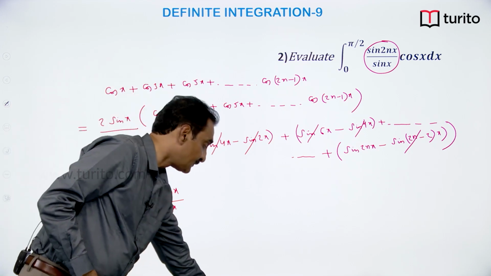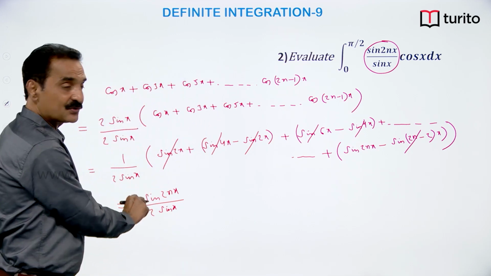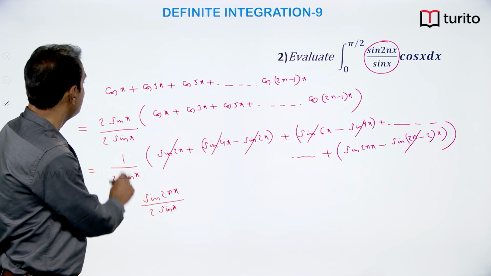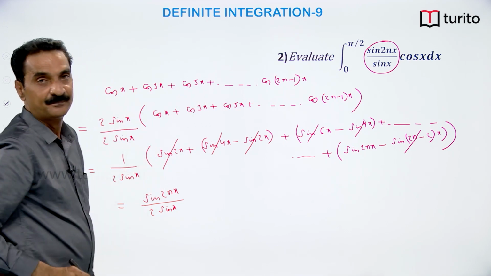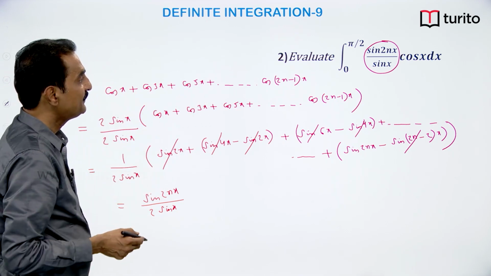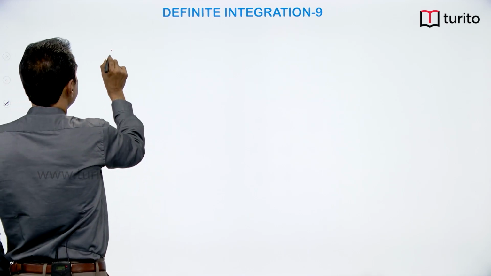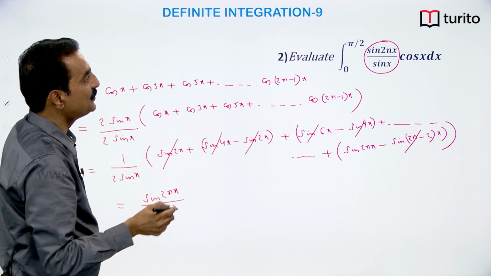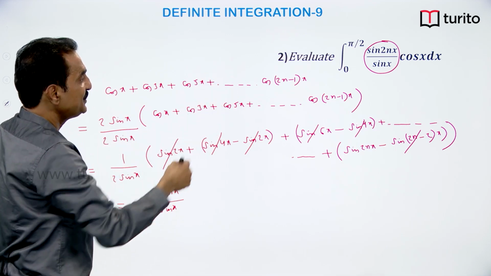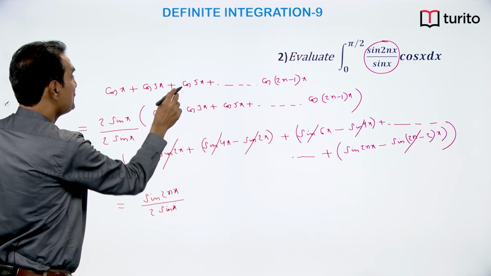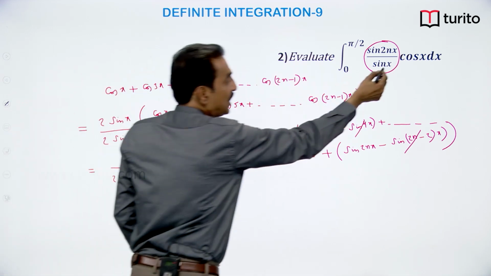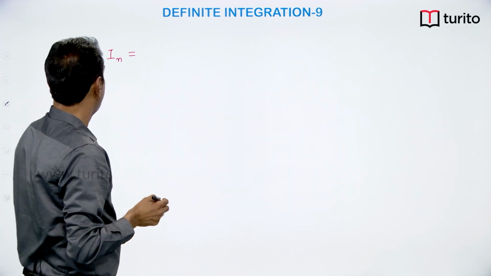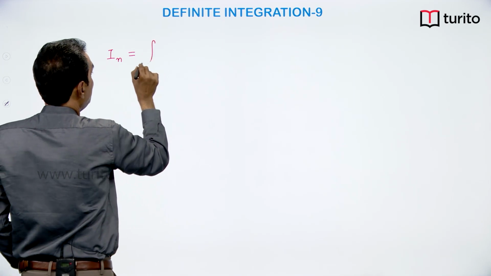Now, we will substitute sin 2nx by sin x as 2 times this. Okay. Then the given integral is, say, In. In is equal to that sin 2nx into sin x is 2 times this, and into cos x is also there. So, 2 integral 0 to